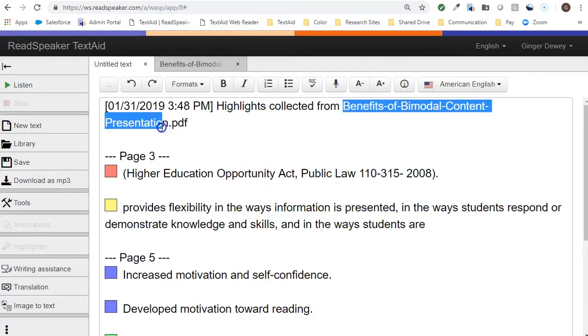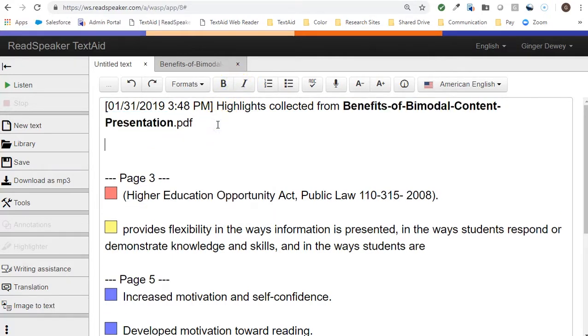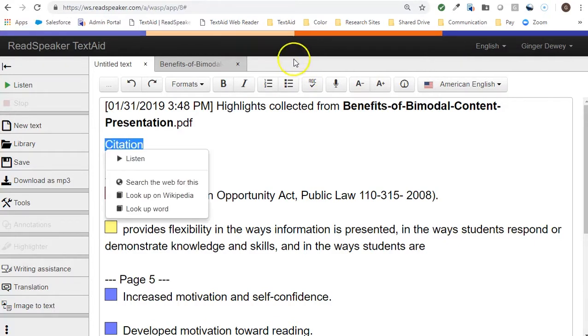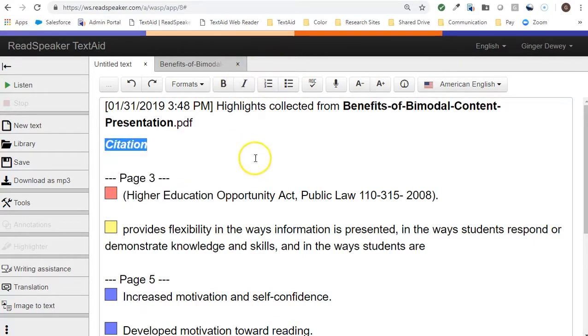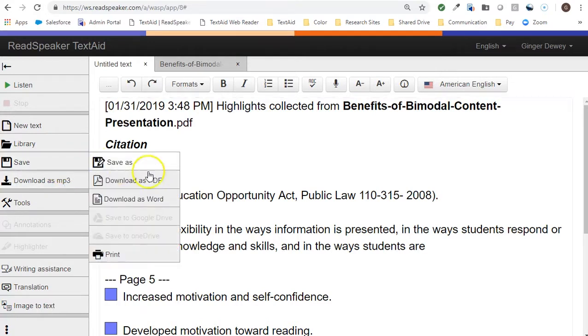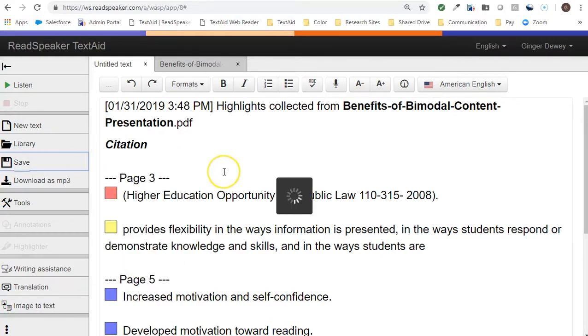Now, I'm going to bold the name of the article. I'm also going to paste in the citation, because that was the last thing that I did a copy paste on, and then I'm going to bold and italicize it. So this gives me the citation in two places, one on the paper itself and one on the highlights. Now when I go to save, I have the choices of save as, download as a PDF or as a Word, and print. I'm just going to click save,